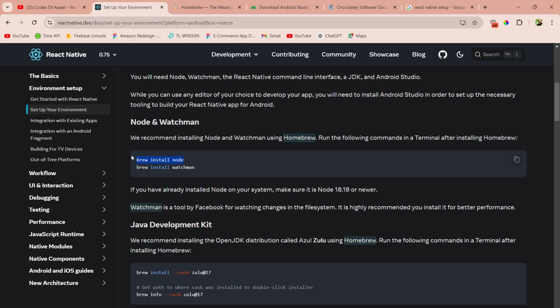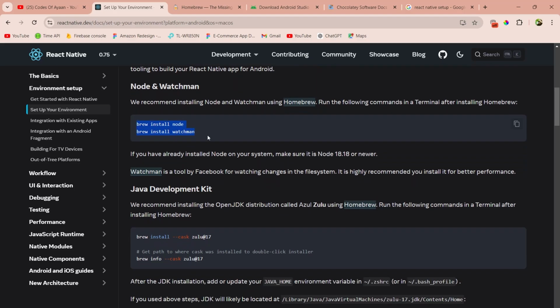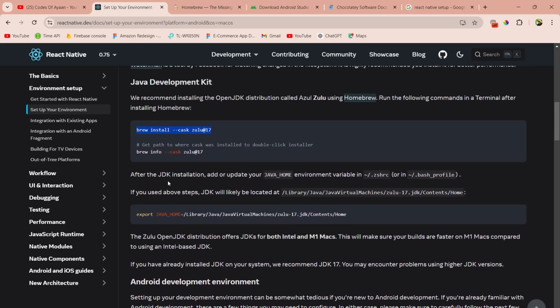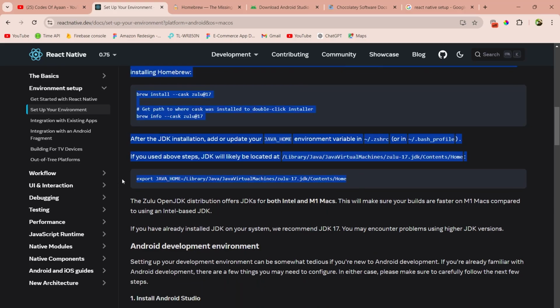These two commands I have already done. Using this brew package manager, open the command line in MacBook and install these two things. Once you install that, you need to install Zulu 17, which is Java JDK 17. Once you've done that, you need to add this line in the bash. You can use either zshrc or bash profile, simply copy paste this line and hit